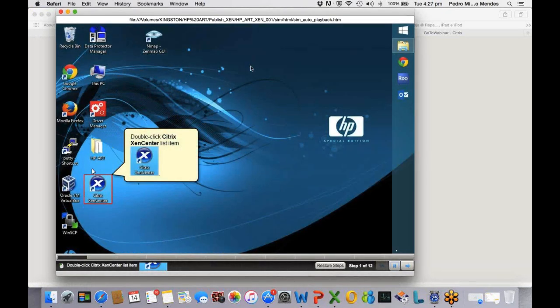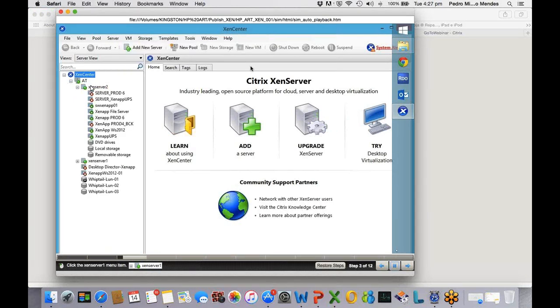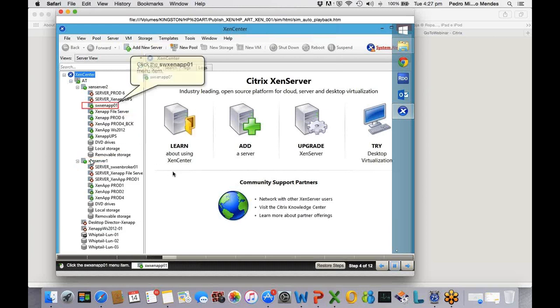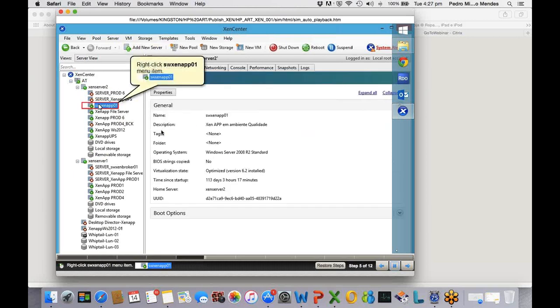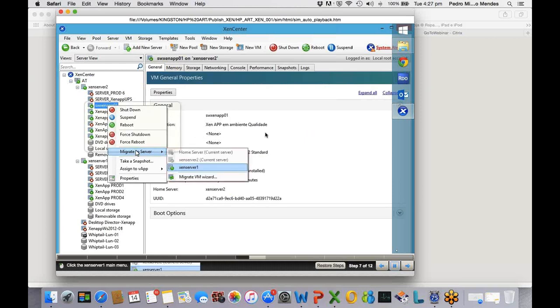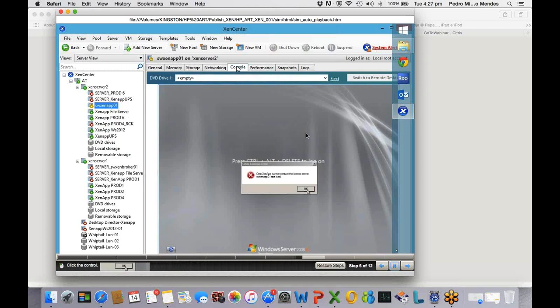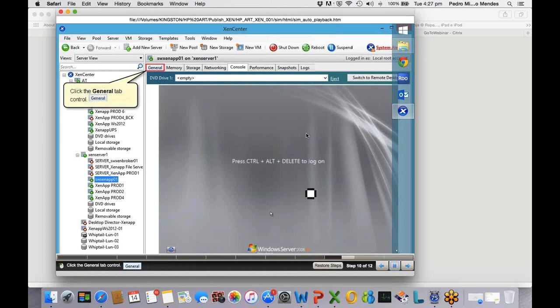Let me show, for example, the infrastructure on Citrix. Again, we are opening Citrix XenCenter. We are selecting one physical server, expand, all the help here in the balloon, just click XenServer 1, expand, and then we are going to make a failover from this virtual machine to another physical server. And all the fields help the process. One of the advantages of this process is that when you are recording all the steps, you are at the same time doing the process.